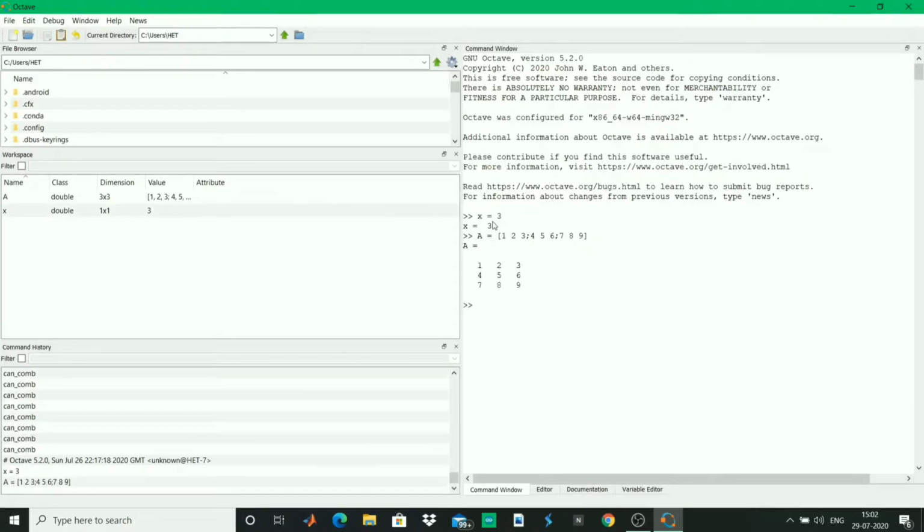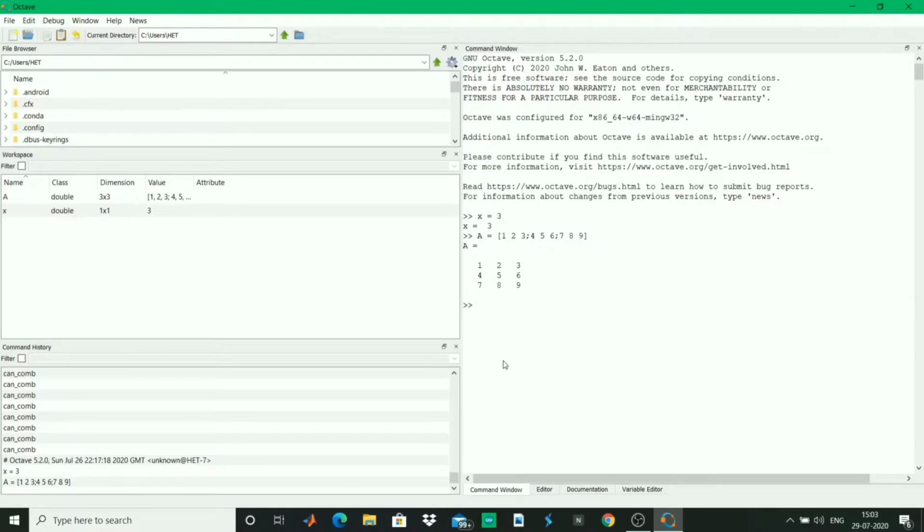Now on hitting enter, you see the 1 2 3 in the first series of numbers is a row. So when you travel horizontally in a matrix, that is a row, and when you see it vertically, like 1 4 and 7, they comprise one column. Similarly 2 5 8 and 3 6 9 are two separate columns, while 1 2 3, 4 5 6 and 7 8 9 form rows of a matrix.